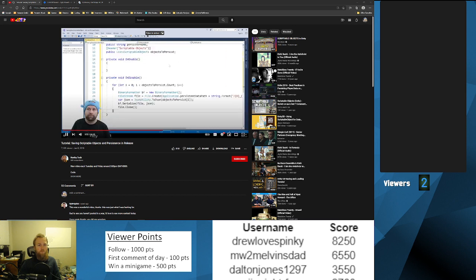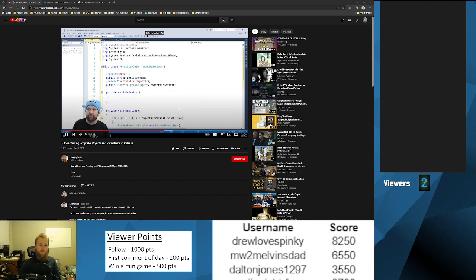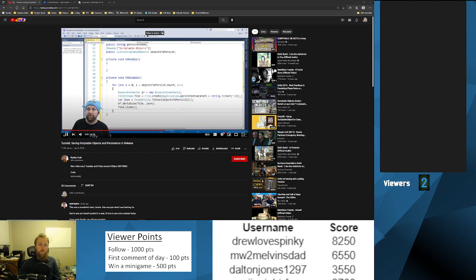So on disable, I've just copied in a for loop here, so for all of the objects within our objects to persist, so this list up here, we're going to create a binary formatter and a file stream. The binary formatter is what will encode it, and the file is the file that we're going to store it in. So the file stream called file is equal to File.Create